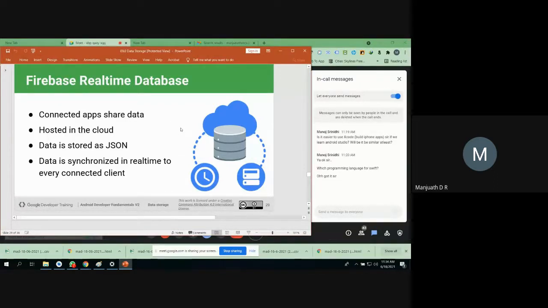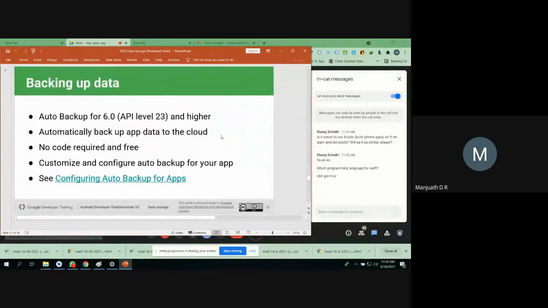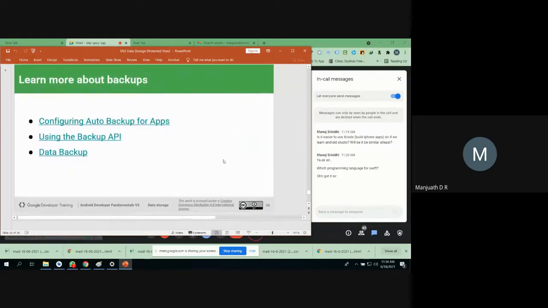I already told you, if your target is less than 1 million users and you want to bring your app to the public and publish it, the best way of handling data and sharing data is through Firebase. So normally we have cloud databases for backup and all. Okay, this is with respect to storing data.